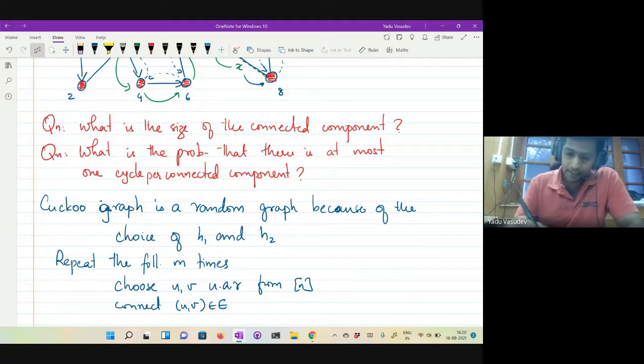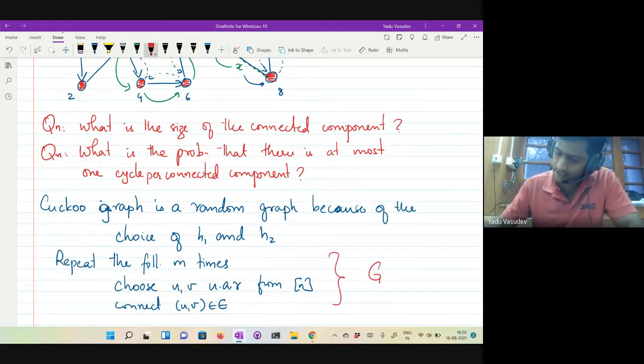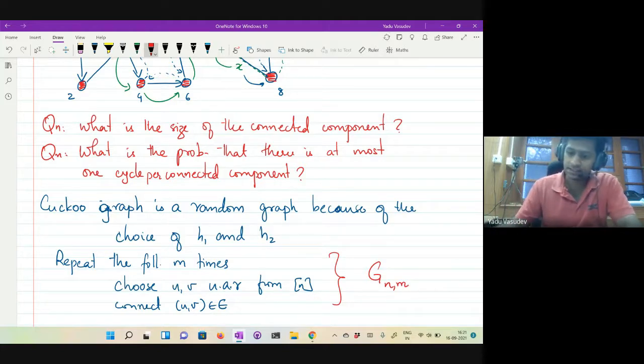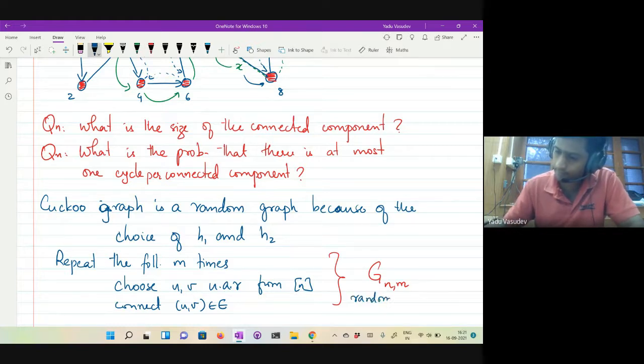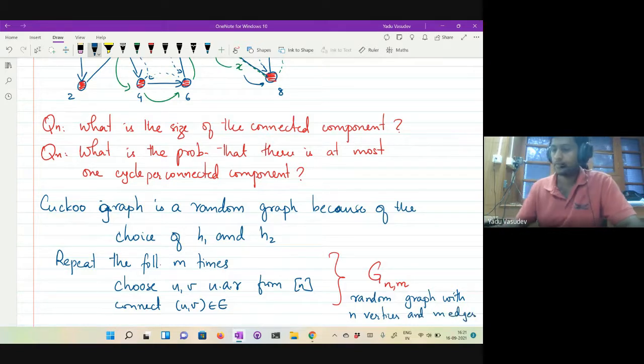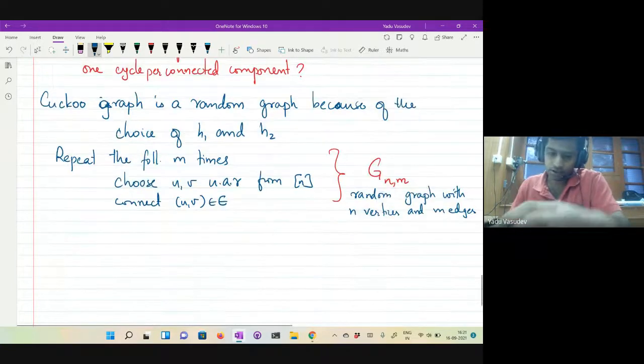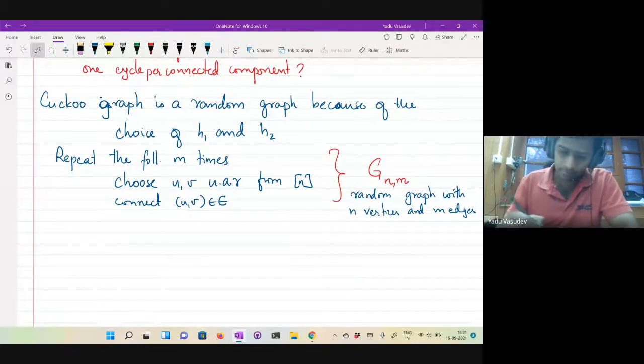So we will call this model G(n,m). This is a random graph with n vertices and m edges. Now what you can actually show is the following statement.